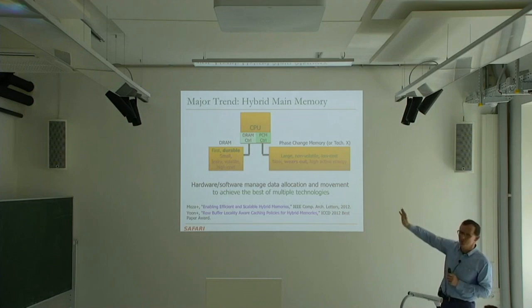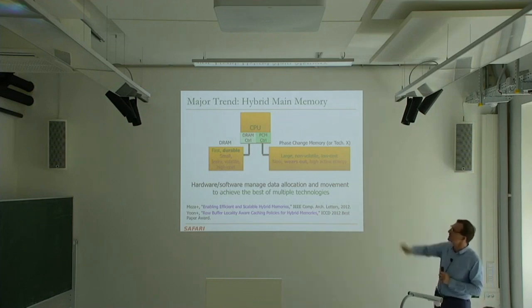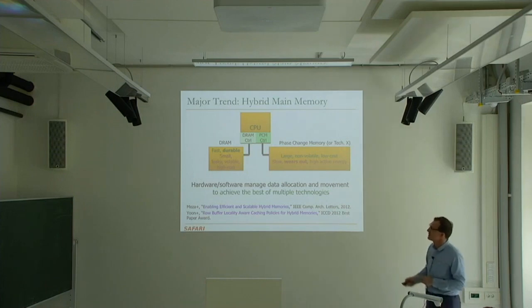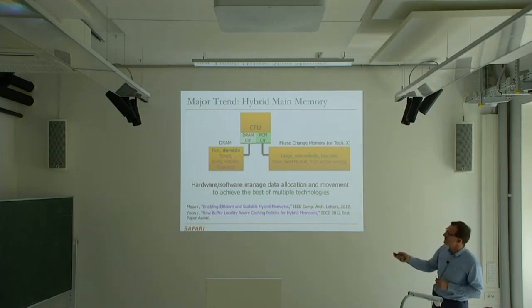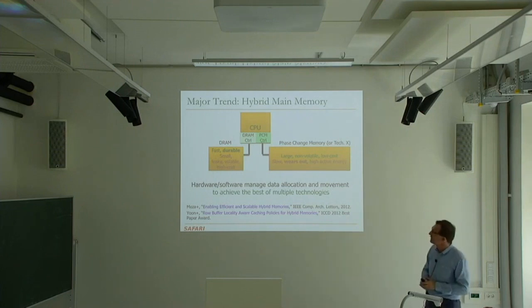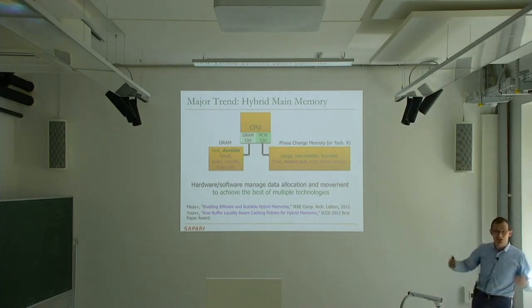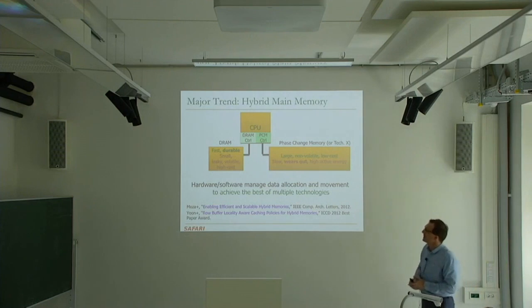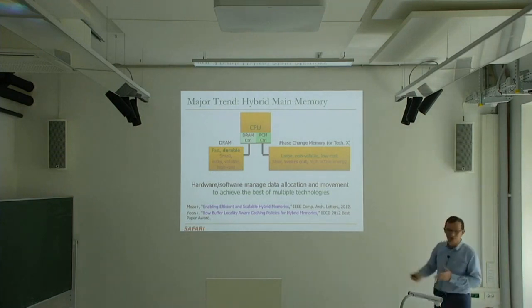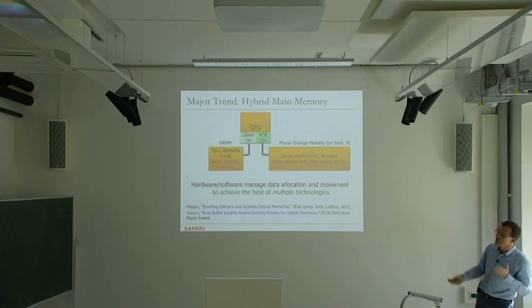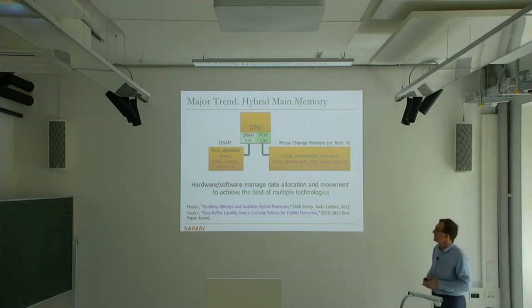If you look at GPUs, it's becoming similar to this. If you look at CPUs, it's going to become similar if they haven't become similar to this. Basically, you have a fast DRAM, high bandwidth, low latency, high energy, low capacity. And you can have a slow DRAM that's low bandwidth, high latency, very high capacity, and hopefully lower energy than this one. Even without some completely different technology, you can have it with DRAM, actually. And we'll talk about that also.